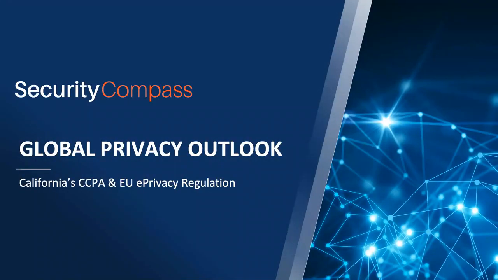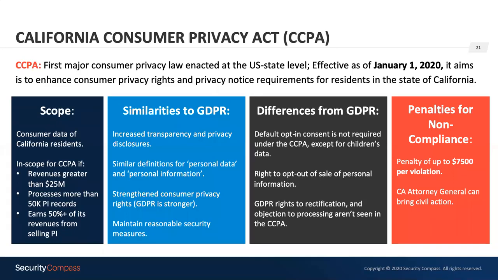So we'll take a look at the global privacy trends, including the CCPA, the California Consumer Privacy Act, and the EU ePrivacy regulation. So the CCPA, the California Consumer Privacy Act, was the first major consumer privacy law enacted at the US state